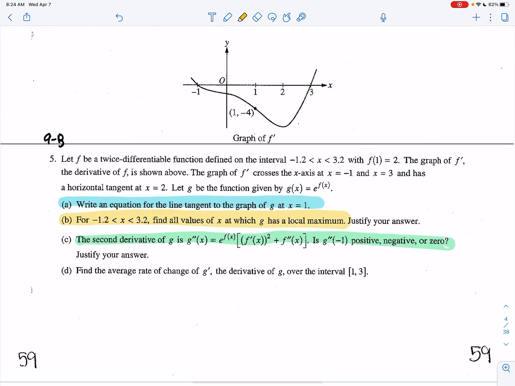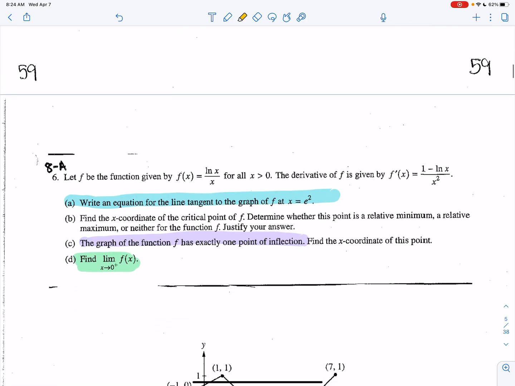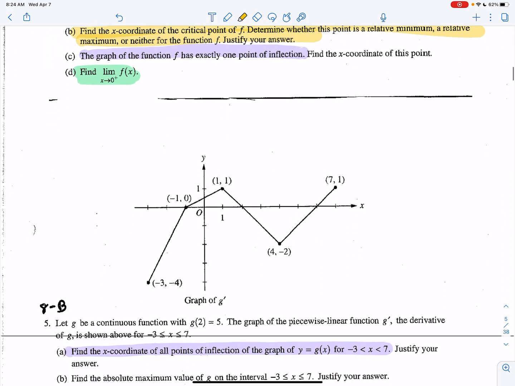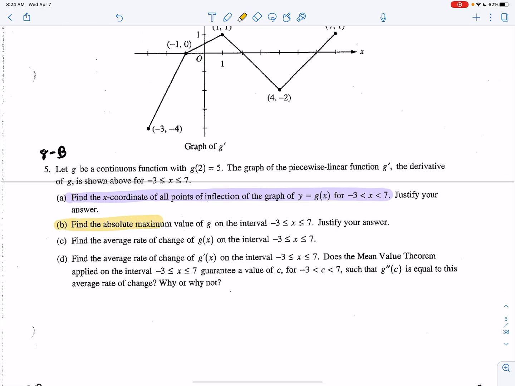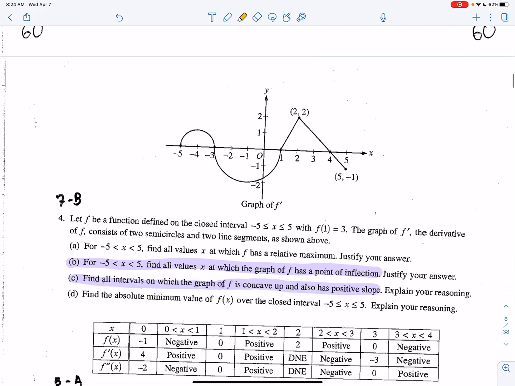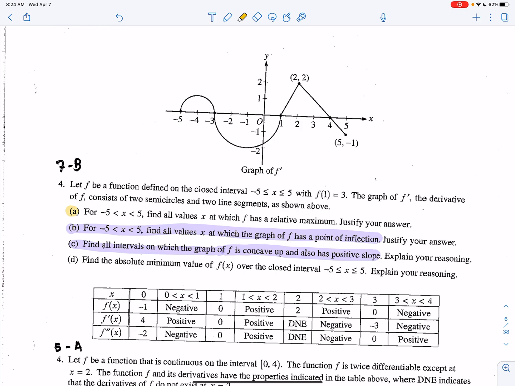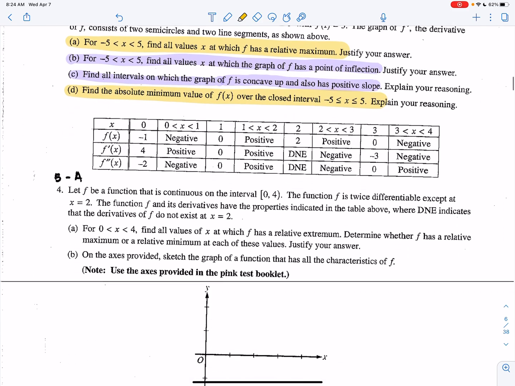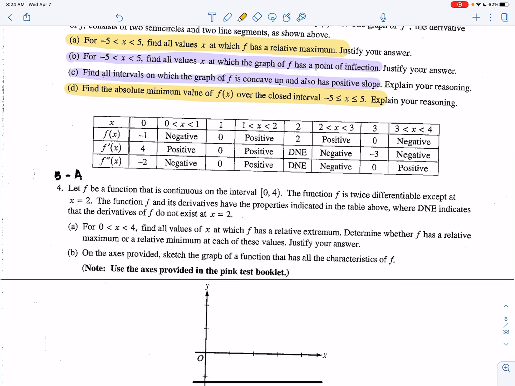Local max in part B. Relative min, relative max. Absolute max in 2008. 2007, relative max there. Absolute minimum in part D. 2005,